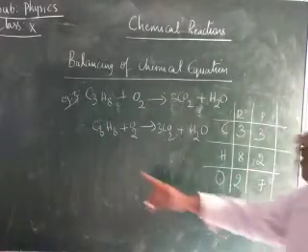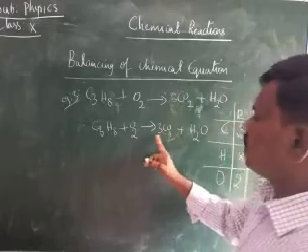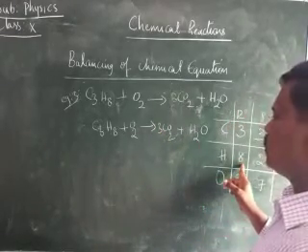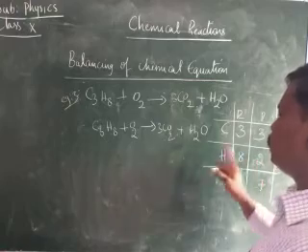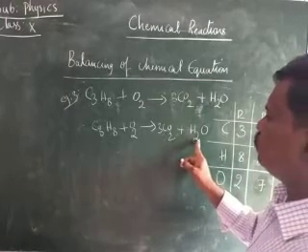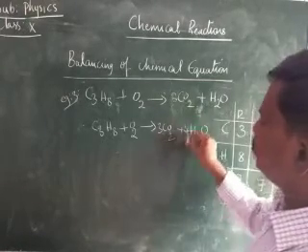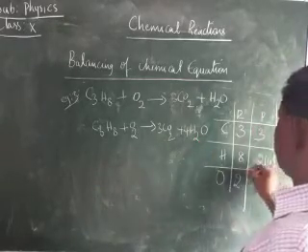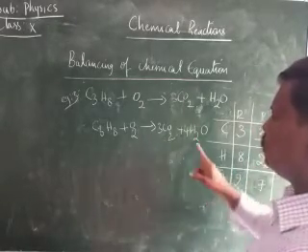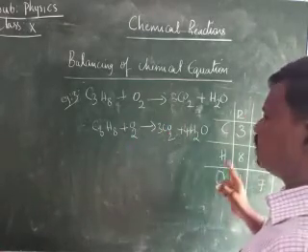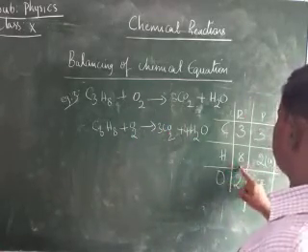Therefore what must I do here? 3 carbons are there, 3 carbons are there. Yes, balanced. But here 8 hydrogens are there, and here only 2 are there. Therefore can I make this 2 into 8? Yes, 4 I can keep. 4 2s are 8. Here also 8. Okay children. 3 carbons here, 3 carbons there. I am not disturbing the carbon. And here 8 hydrogens and 8 hydrogens.